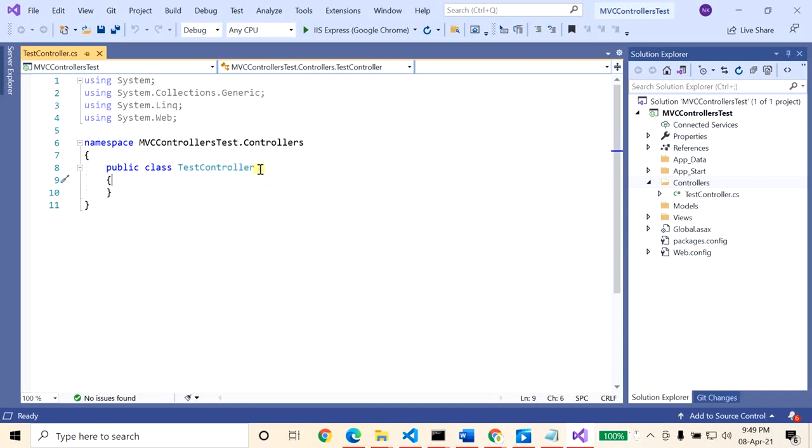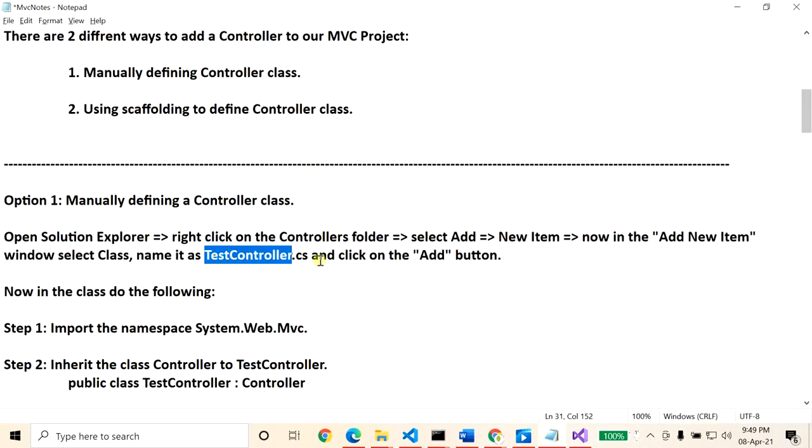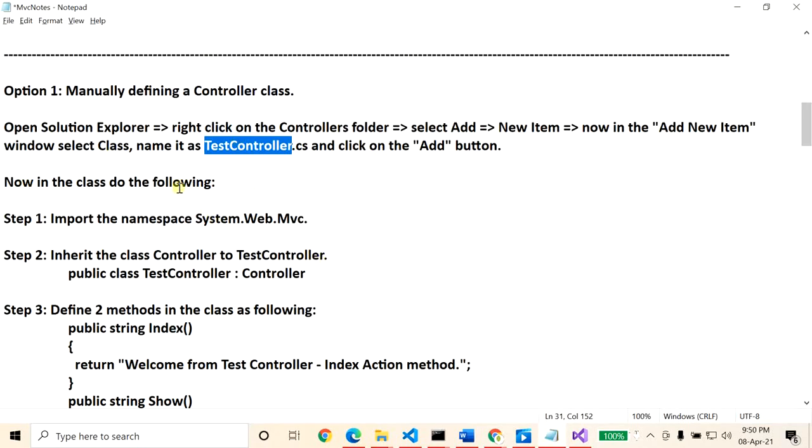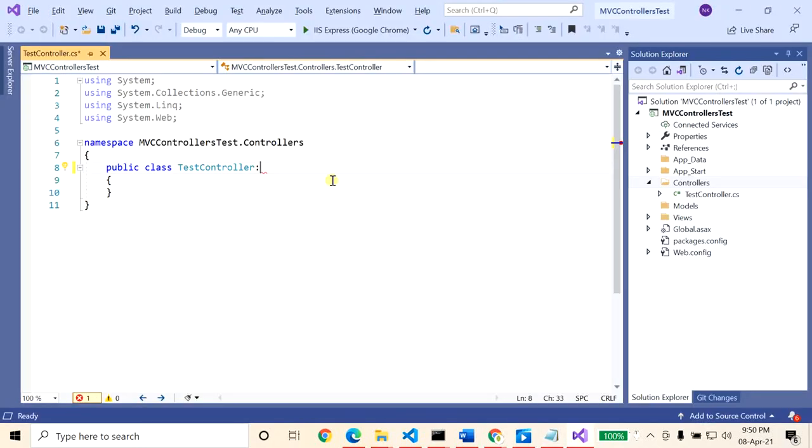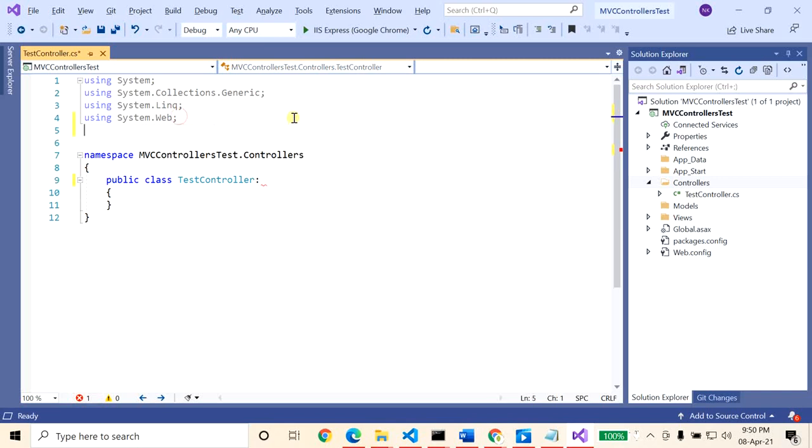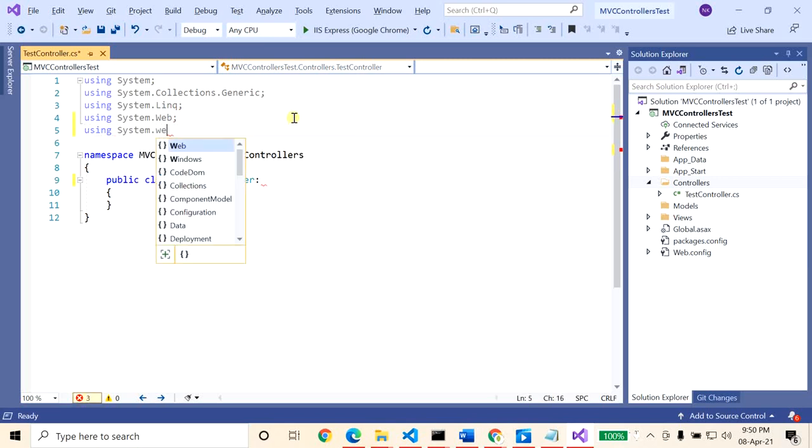To make it a controller, you have to make the parent class Controller, and first we need to import the namespace System.Web.Mvc.